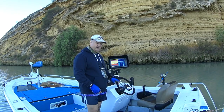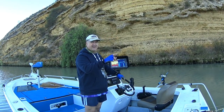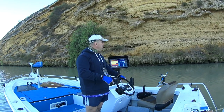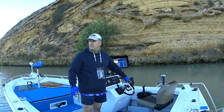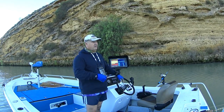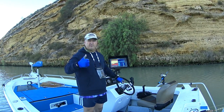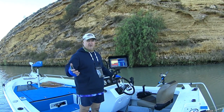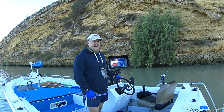You can see, I don't know if you can see that, we're sitting on 30 foot of water now, and the lure is hitting the bottom. It's a 35 foot plus South Australian made lure, same as the other one. And all we're doing today is dragging lures up and down this rock face for a couple of hours. If we don't have any joy, I'm going to spear up the river, find another cliff face, and just have a crack at that. And hopefully we might get something